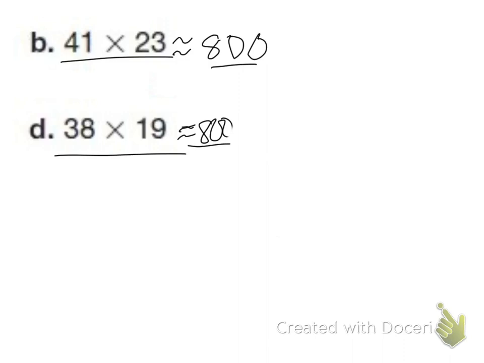Because 41 times 23 equals 943, and 38 times 19 is equal to 722. So both of these numbers are about 800,